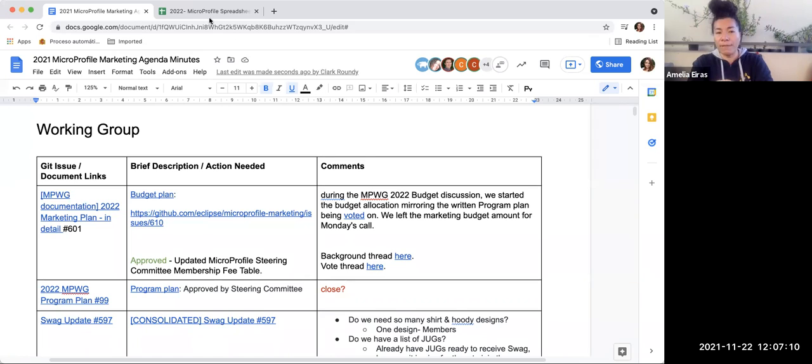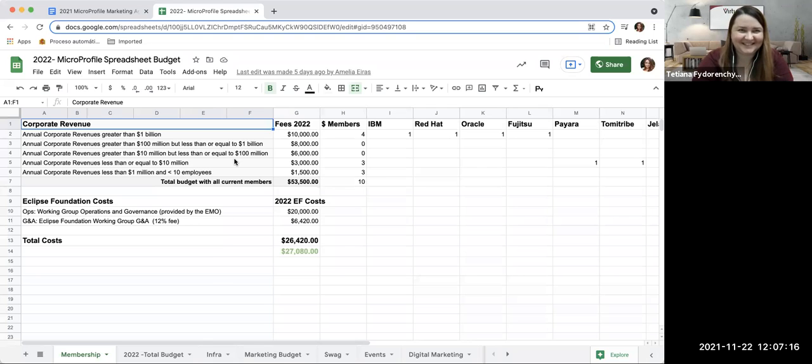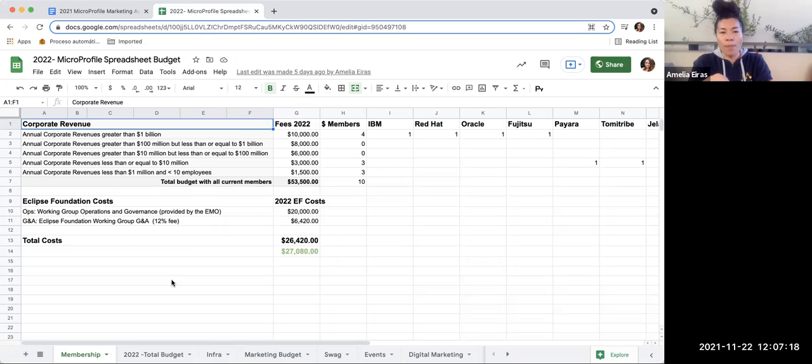So if you can open it and find it, it should be in the links. Yes, this one. We go already prepared. Excellent. You can see here we reduced the budget by a little bit more than half. We have 27,000 available. If we go into the total budget tab,